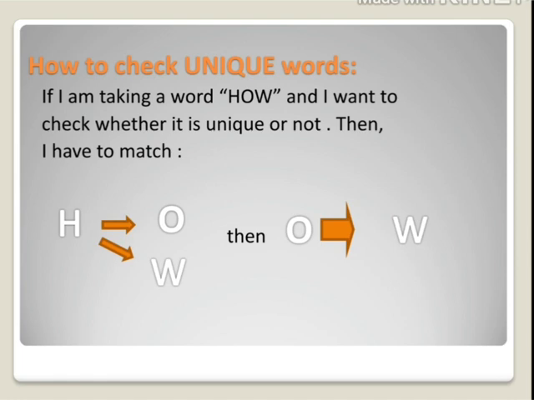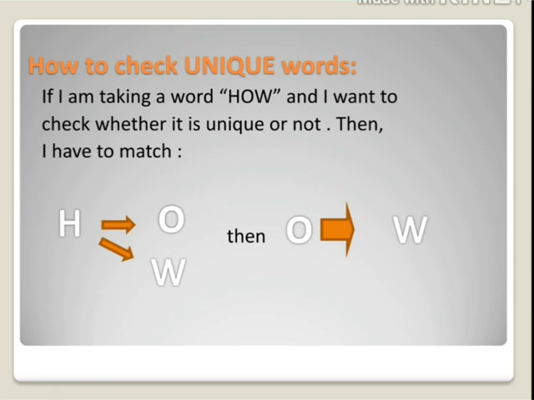But if O does not match with W, I'm not going to proceed further to check whether W matches with someone or not, because W has already been checked against H and O. Already this procedure occurred previously.